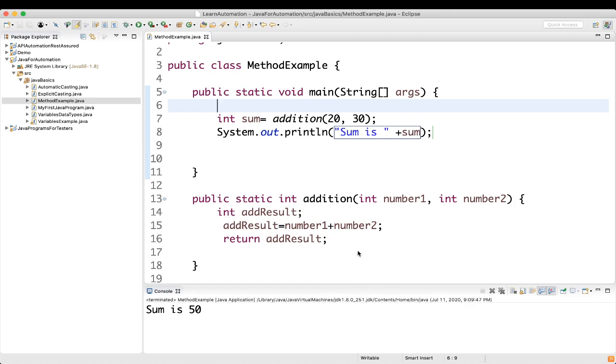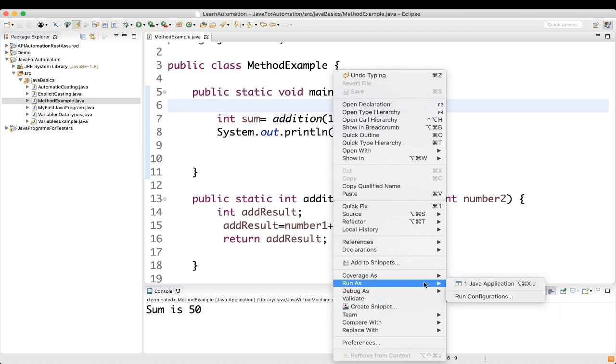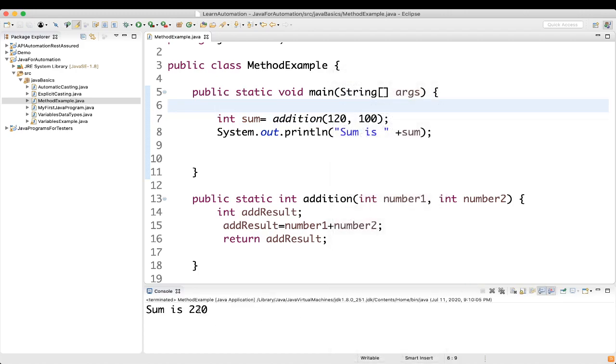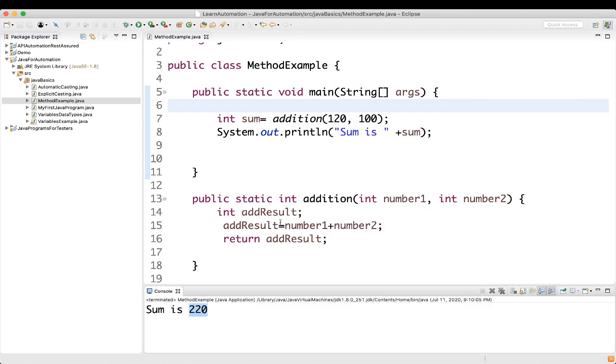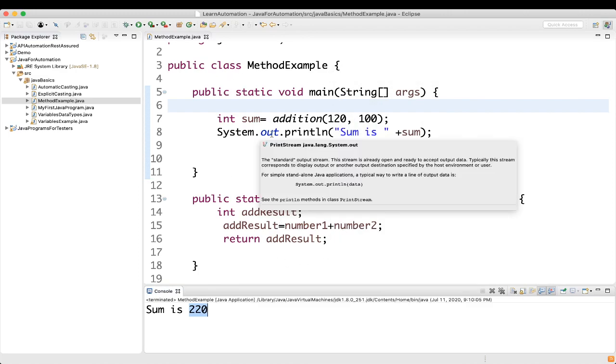Now you are seeing the result is 50. So it returned this data, 20 plus 30, it added and it returned this value. If we change it to 120 and for example 100 here, let's see what it is returning. It's returning 220. So this is how you can use return.